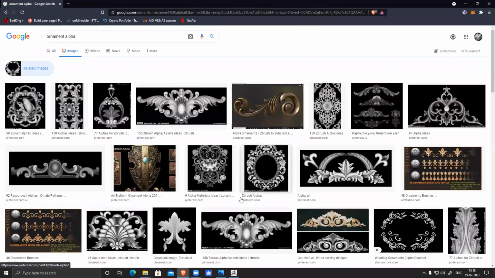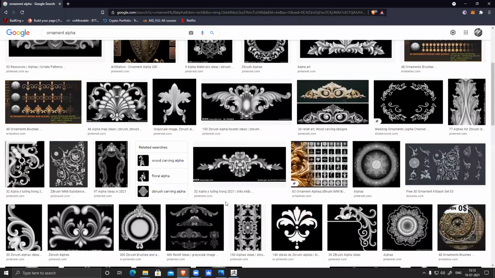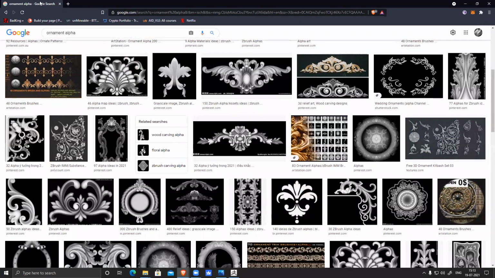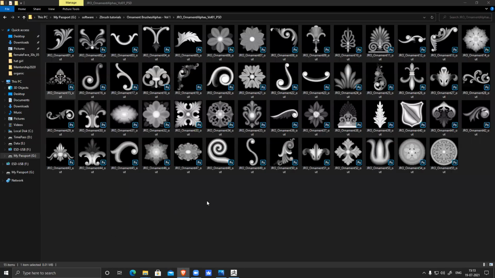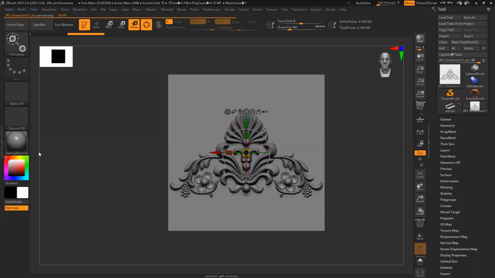It's already available, tons of alphas are available online. So I can simply use any one of them and modify it in Photoshop. That will be really easy, instead of doing it manually, which will be really hectic and difficult. But it's not like we cannot do it. We can definitely do it.